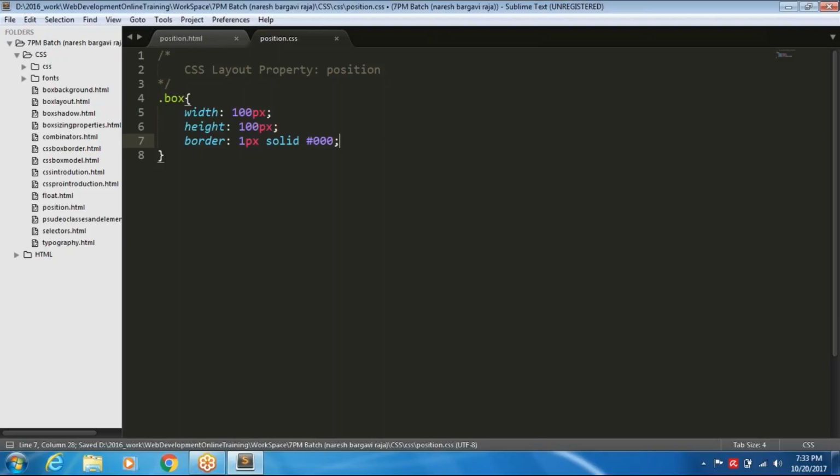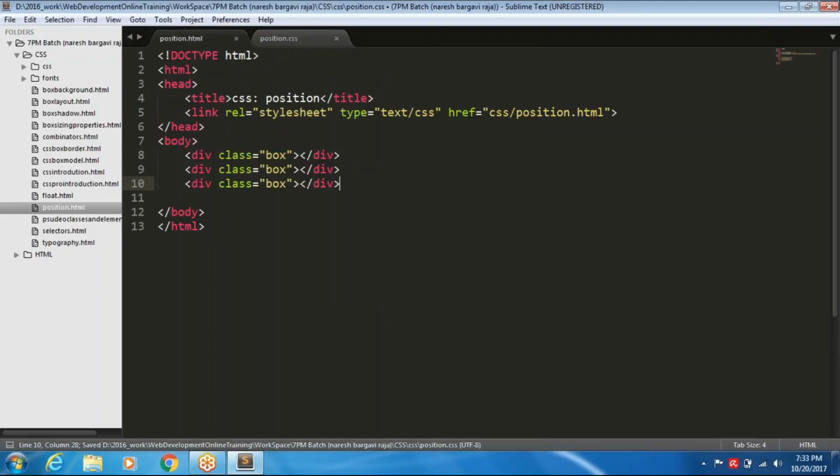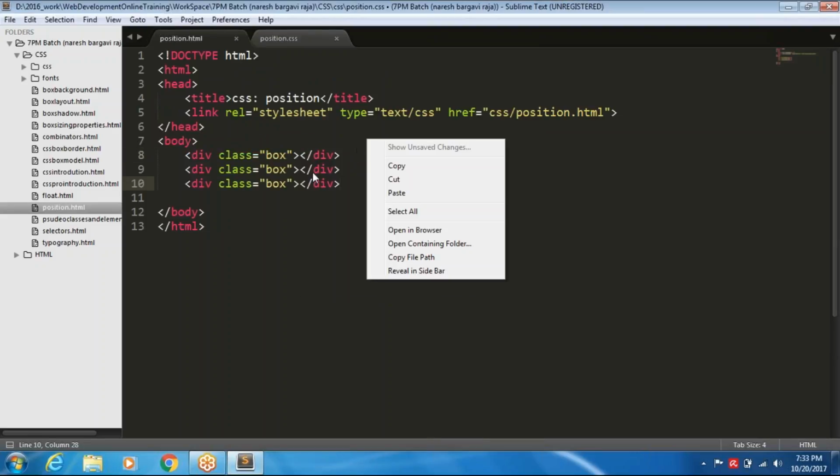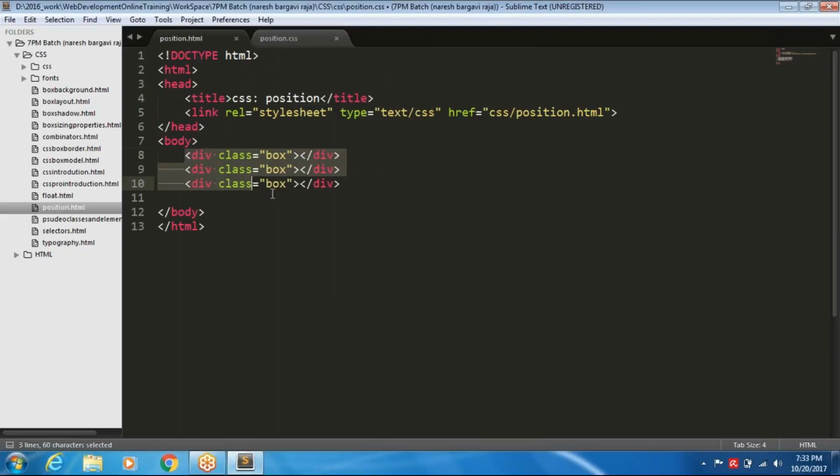If you want to add any color, you can do that, but for the time being I just want to add a background color, magenta. Okay, I just created three boxes, and on top of it, what I'm going to do,